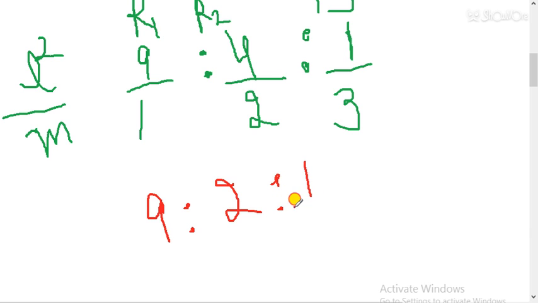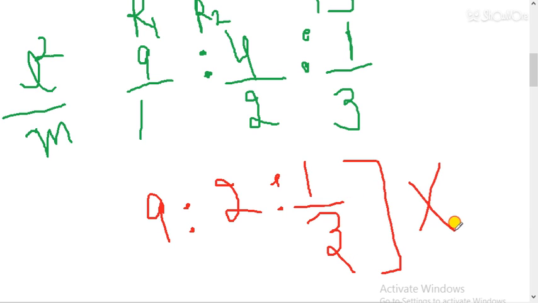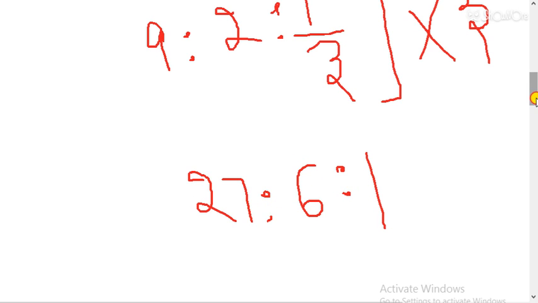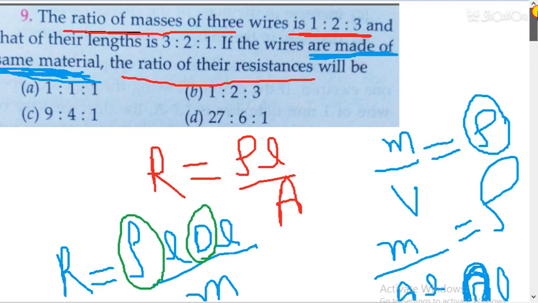So to make it fractionless, I will multiply this ratio with 3. After that I will see what will be the answer. So multiplying it with 3, I will get the answer 27. Ratio 2 3 is the 6 and 3 1 is the 3. So that means 27 ratio 6 ratio 1 will be the answer. Any option is there? Yes, one option is available. So this will be the right answer.